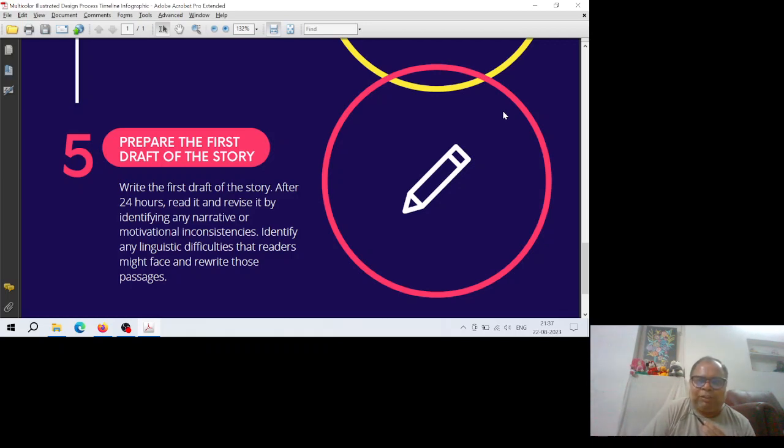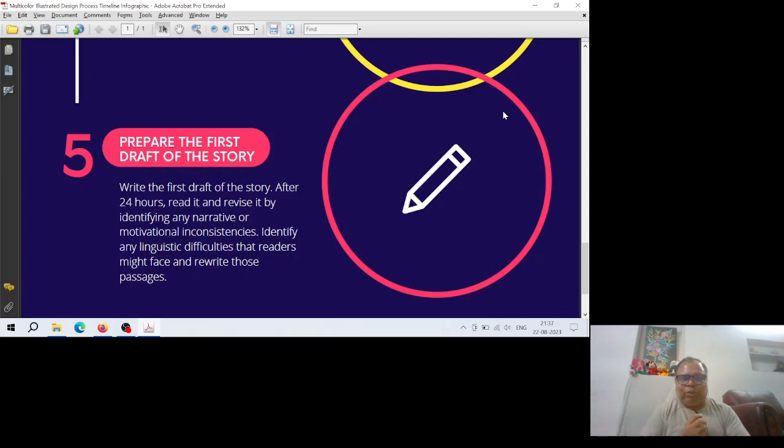Now, this particular tendency of writing the first draft is something that is not going to produce an outrightly perfect story. Therefore, it has to be revisited, and the best manner to revisit it and figure out what are the shortcomings in that particular story is